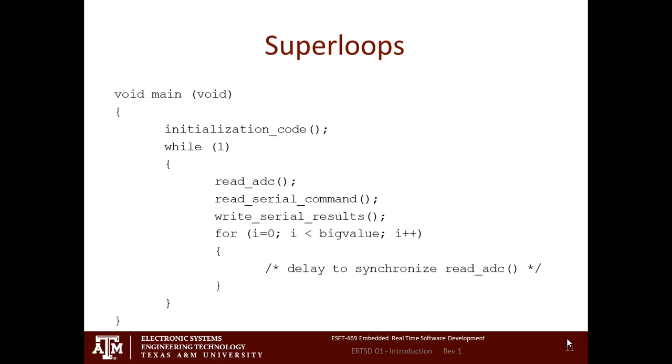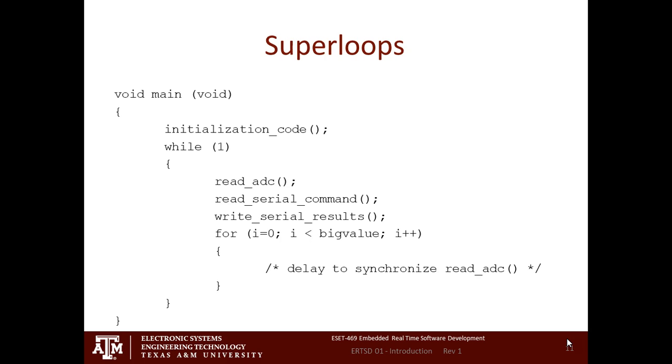So, you can get on eCampus, you can pull up the slides. So, you can see this code here. Basically, what the purpose of this code is, come on in, pull up eCampus, is to read an ADD converter, write the information from the ADD converter out on the serial port. Okay? That's really what we're trying to do. So, we're going to do something to initialize the code, and then we've got this while loop. The while loop's pretty easy to understand.